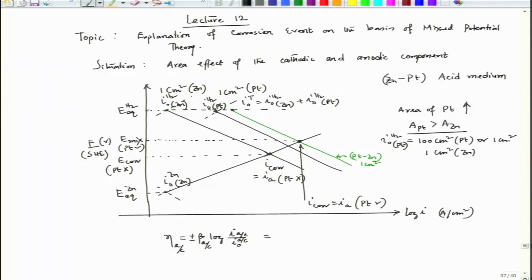So, I consider this to be a generalized equation. We are saying that this I0 does not change, and in fact, if I0 does not change with the area, then that line would also follow this particular track,